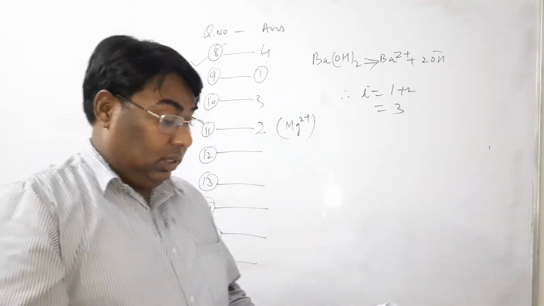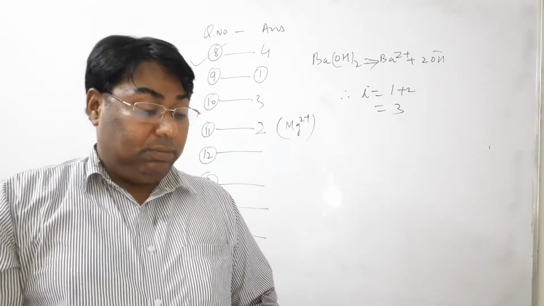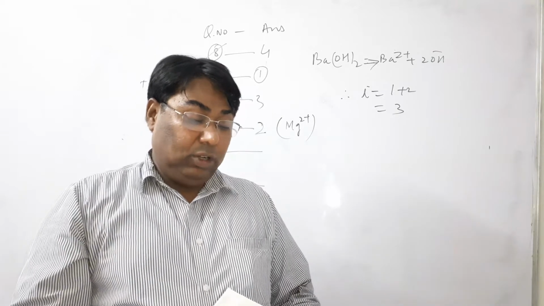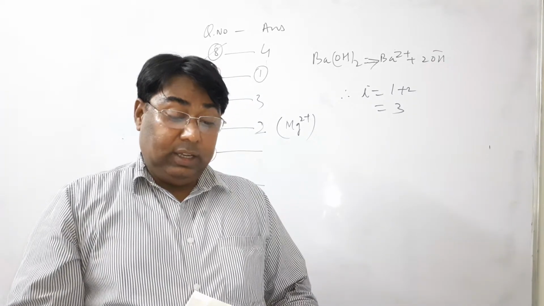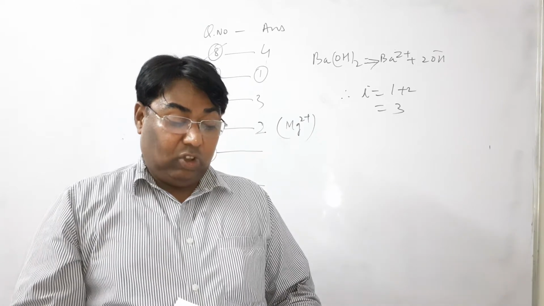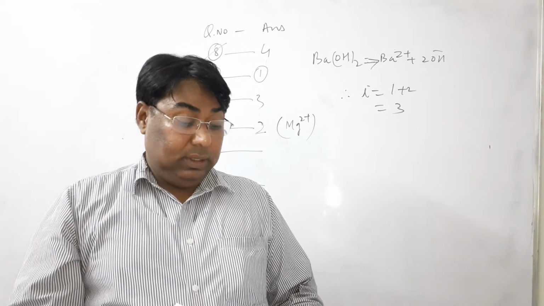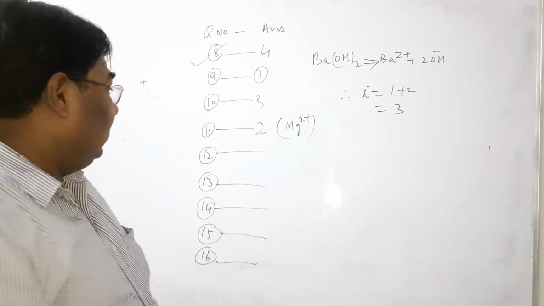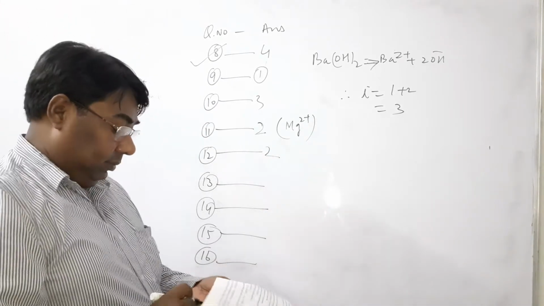Now next, question number 12. On hitting one end of the piece of the metal, the other end becomes hot because of the minor perturbations of energy of atoms. So for 12, the answer number 2 is correct.